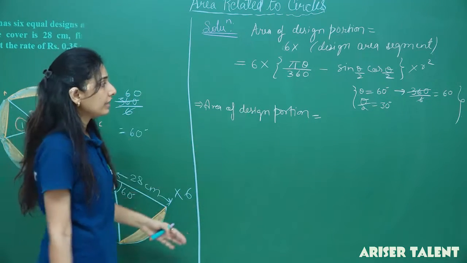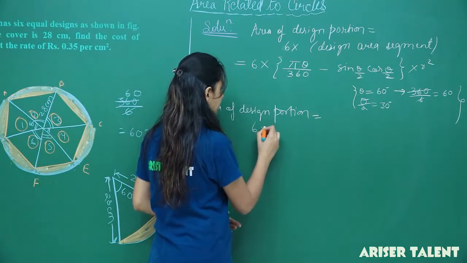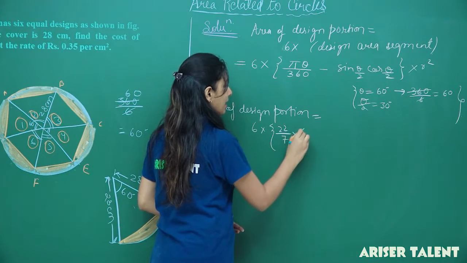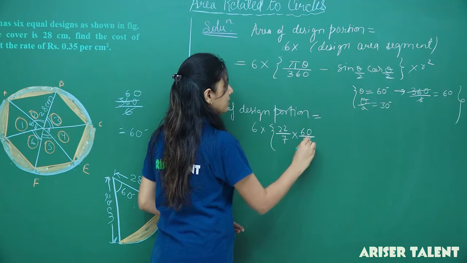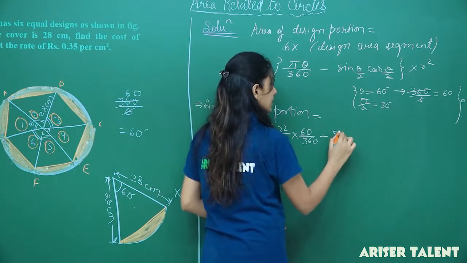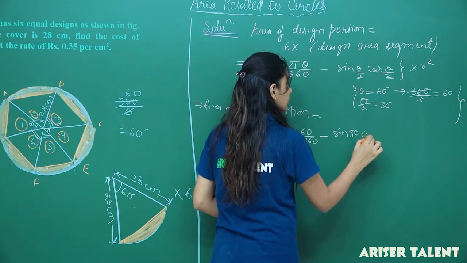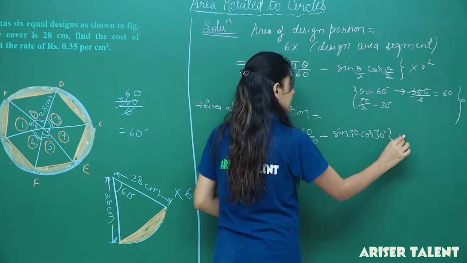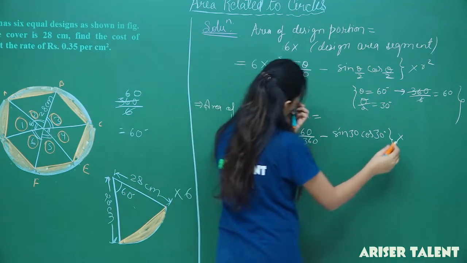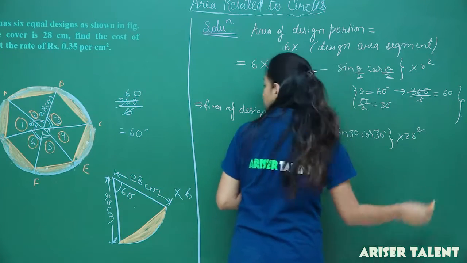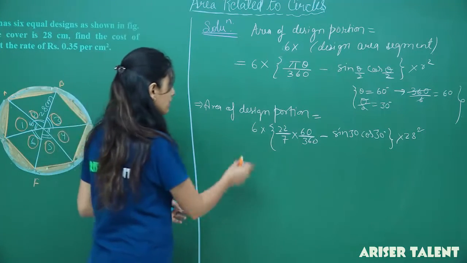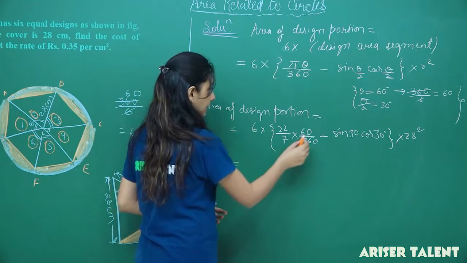putting the values here, that will be 6 multiplied by 22 by 7 multiplied by 60 by 360 minus sin 30 cos 30 degrees, right, multiplied by the radius, which is 28. So, 28 square. Okay, students. So, can I solve this here? That will be